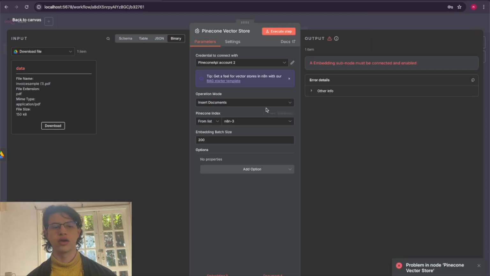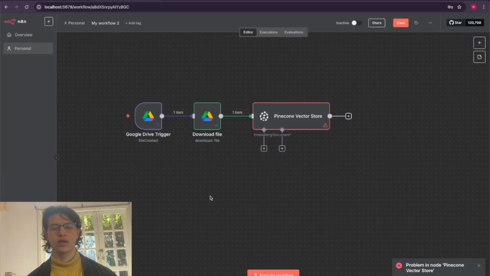So now, okay, so operation mode, insert documents. In Pinecone index, you select the one that we just created, which is n3 in my case, and then we can leave this as is, and then that's it, right? So you go back. Okay, so now we need two more connections. So the first one is